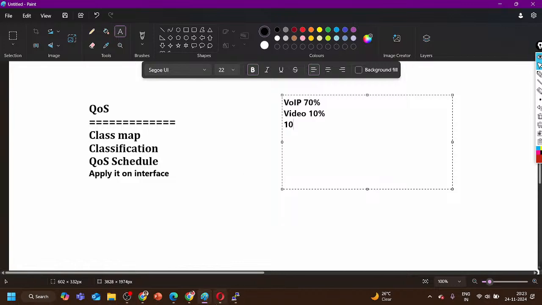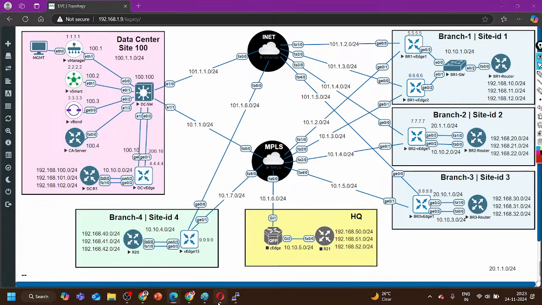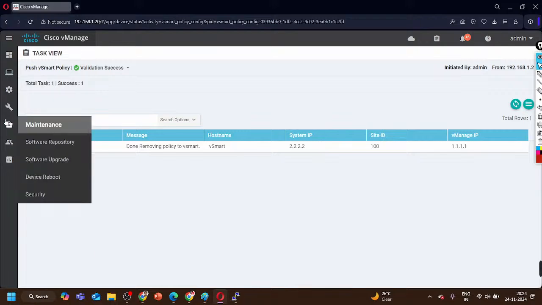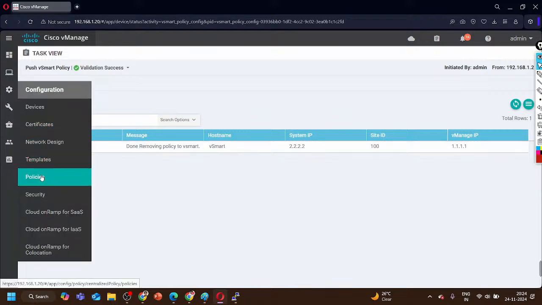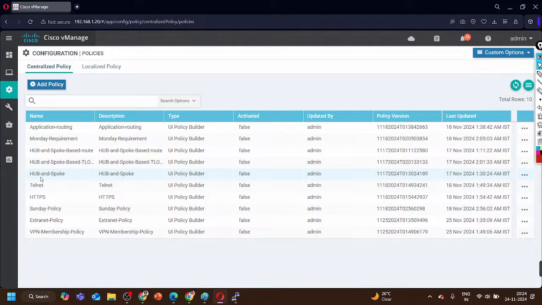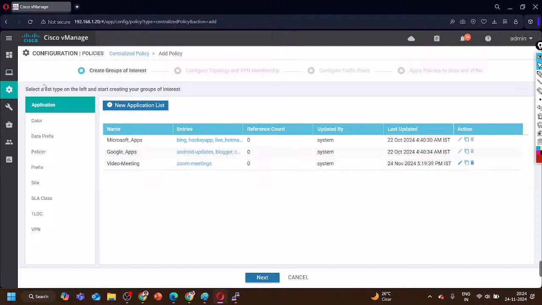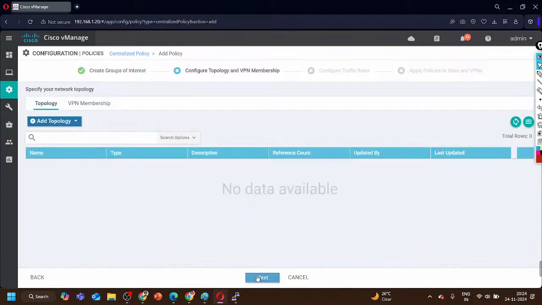configuration is very simple. Here you can see for quality of service policy, first of all let me check if any policy is active over here. No, all the policies are false. So again I am going to click on add policy. I'm not going to create any group of interest because I already have lots of groups of interest here. So click next here and go one step back,